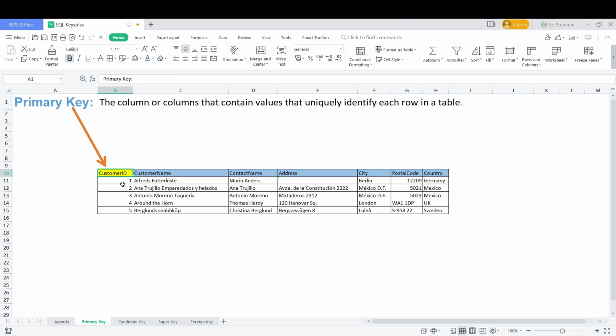Now, from the beginning, we are working on this customer data that we got from the W3 Schools, right? So in here, what I can see is customer ID. I have called it the primary key. Now, why did I call it a primary key? Is because if you see in here, you will see that all the values are unique here. That means if I talk about this customer ID 1, that means this one, that means Alfred's is only appearing once in the data. That means this one is uniquely identifying this row, right? And similar to 1, we have this 2 that is uniquely identifying this row. So as you will see, each and every row is identified by a unique column,